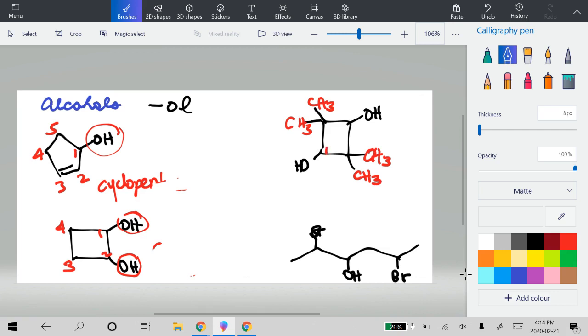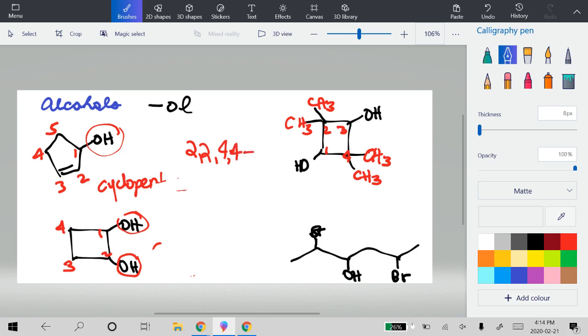So I have to number it a 1, and I can go 2, 3, or 2, 3, and this will also be 3. So it doesn't matter if I go clockwise or counterclockwise. It's going to be 1, 3 for the hydroxyl and 2, 4 for these methyls. So altogether, I would number it, it's really long, so I'll start here. 2, 2, 4, 4